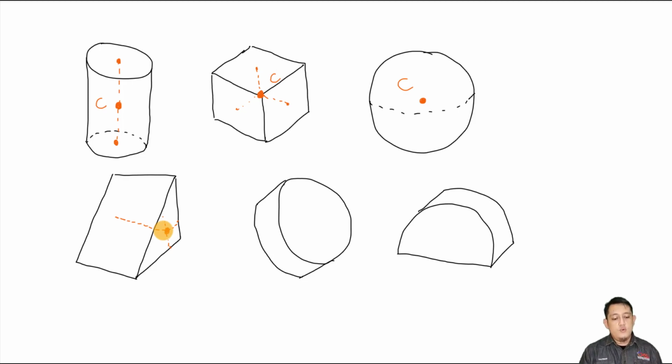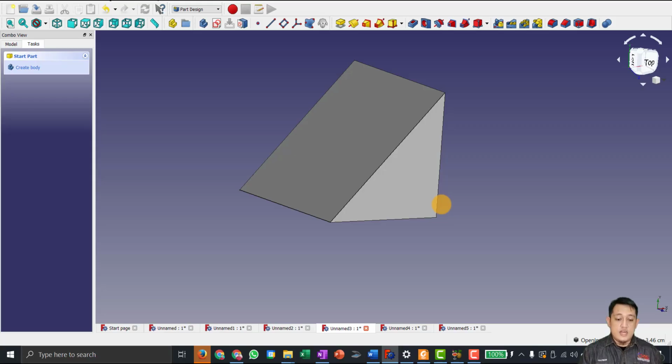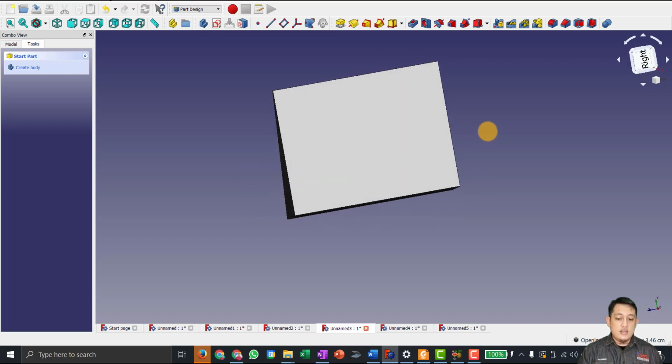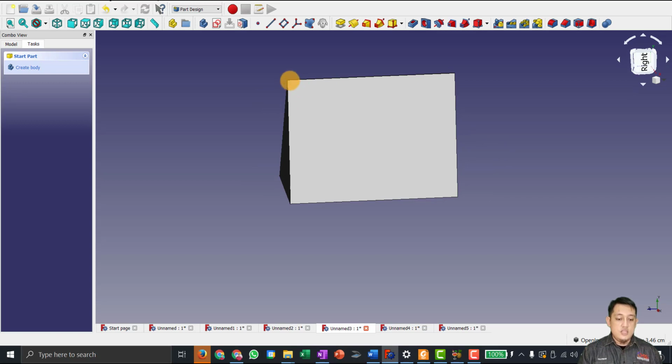Now, if we look at this triangle here from the side view. Let's take a look at the 3D CAD drawing of this shape. If we look from here, we know that the location of the centroid should be along this point and along this line. Now, where is the exact location of the centroid? If we rotate this, we can see that this is the side view. The side view is a rectangle.